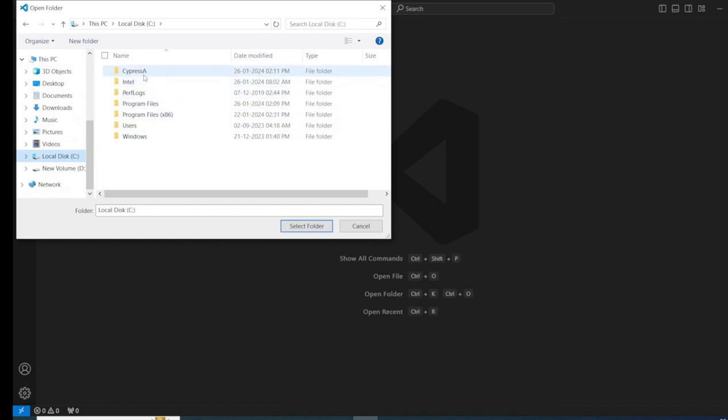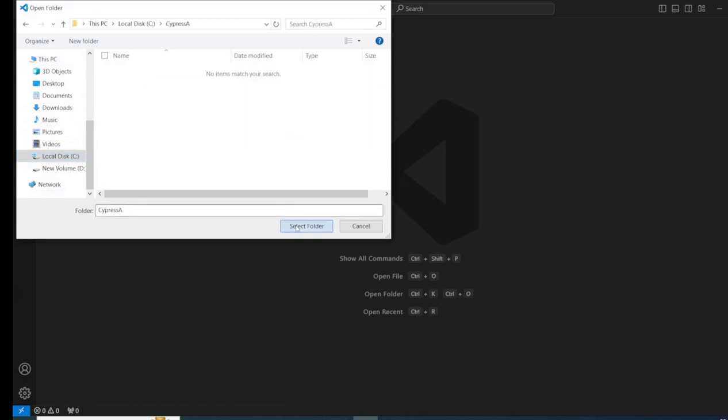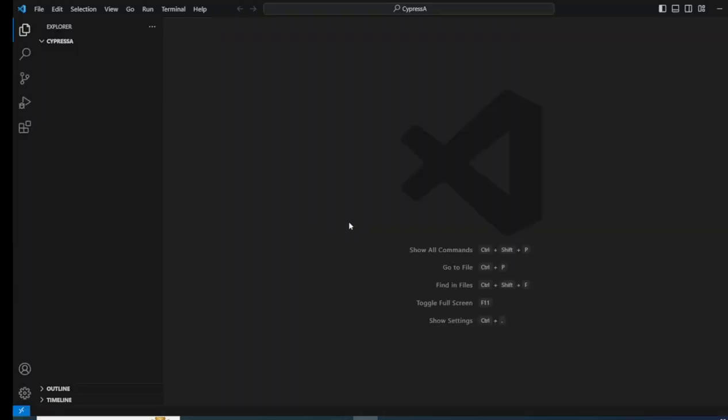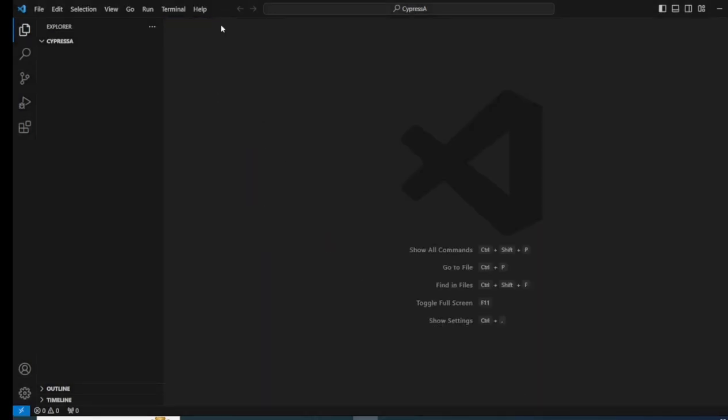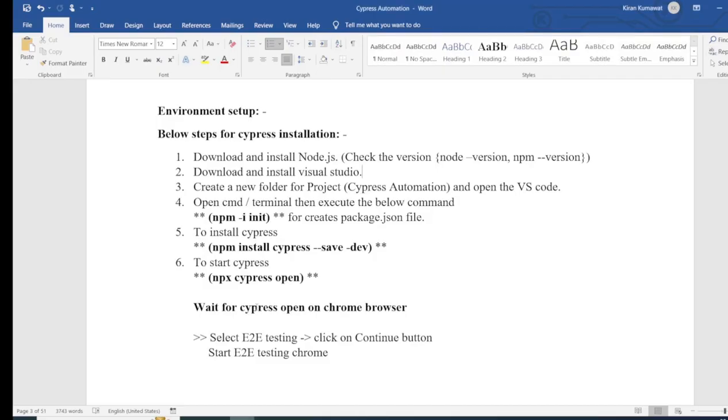Okay, and where is the Cypress A? Select folder. Okay, it's opened successfully. Okay, we are tested, tested authorizations. Cypress is there. See, now you can see that the Cypress folder is empty. Cypress A is empty. So the next step is to pass the command npm -i